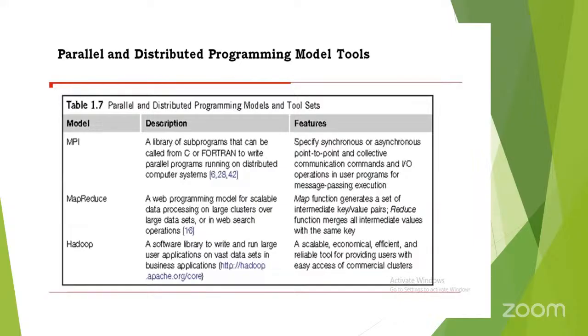And there are these three models and descriptions that we were discussing. MPI is a library of subprograms that can be called from C programs to write parallel programs and run on distributed computers by sending messages. Specifically, you can say it is a feature. It supports synchronous and asynchronous point-to-point and collective communication. So all these things, everything is safe, what we have written. This is the last one about